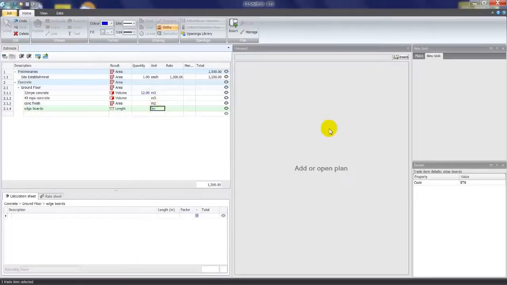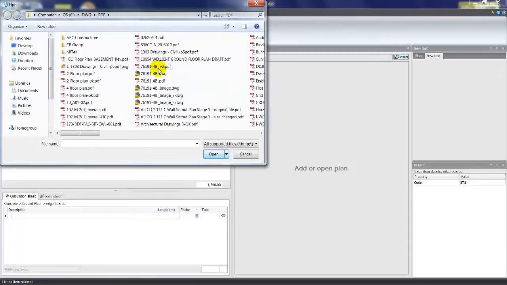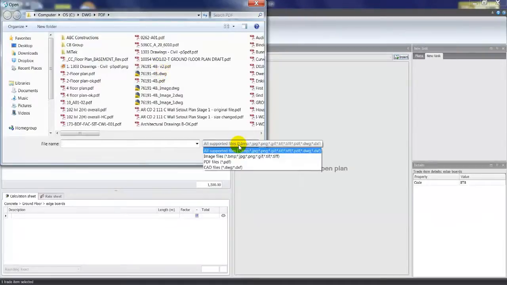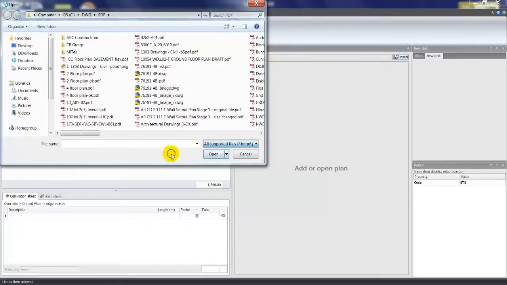Now to insert a plan into the program, you can either click the insert plan button here in the viewport or the insert button up on the ribbon. So if I click insert, it'll bring up your normal Windows Explorer browser. In this case, it's defaulted to a folder where I have some plans saved. If I click on this drop down arrow, you can see that it supports file types such as bitmap, JPEG, PNG, but also PDF and your CAD files, DWG and DXF file formats. If I select the PDF file and click open,